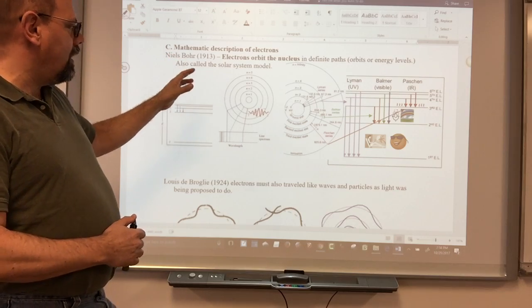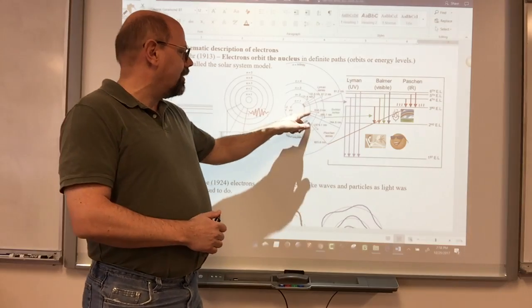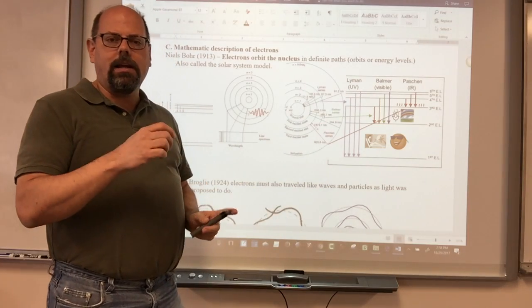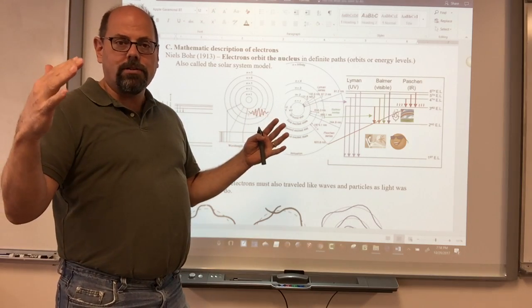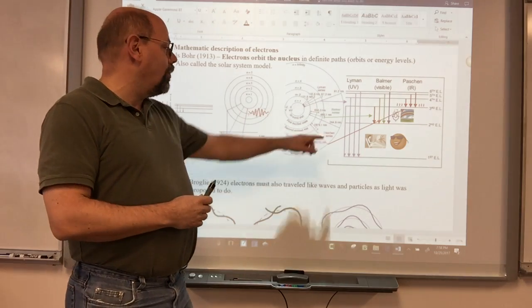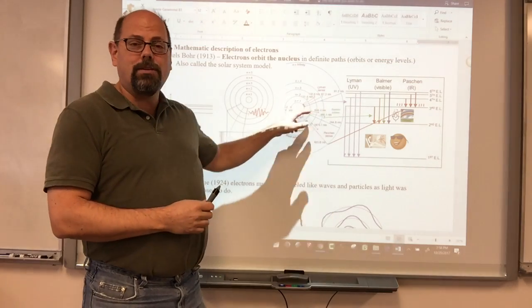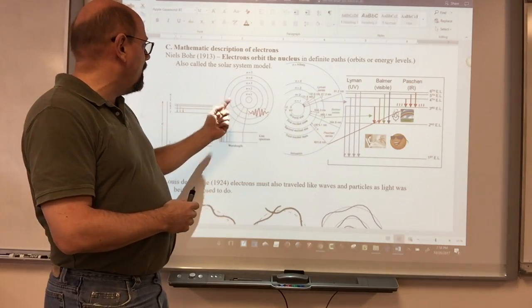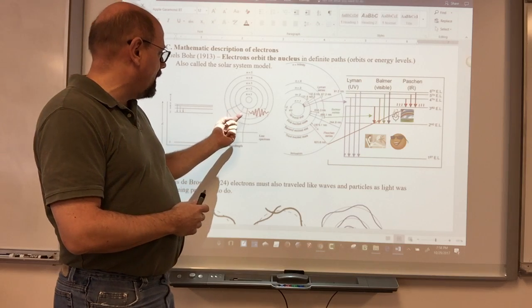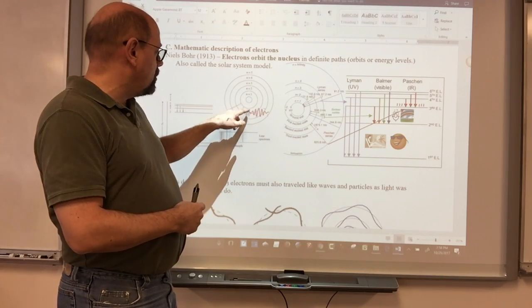And he realized that he could calculate how far that electron was. Just like a satellite might orbit a planet, and if they're closer or farther, they have different potential energies. He was able to calculate what energies they have and what that meant in terms of distances to the nucleus. So he came up with the Bohr model of the atom, and he said, jumping between these